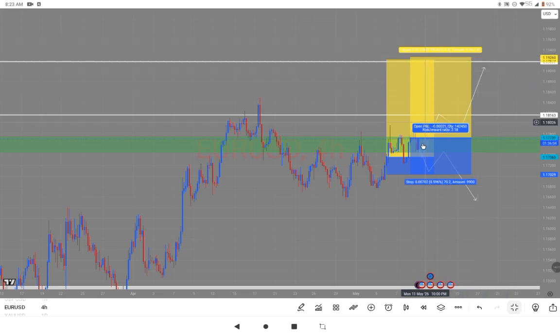So that's it. And the other case scenario, the second approach, which I'm also expecting, is this retracement that already started. If it gets invalidated and the market keeps trading to the upside, then I'll just expect the market to come down to this level, invalidating the neckline of this double top right here. And then upon the retest, I will check out for confluence to execute a sell trade on EURUSD.